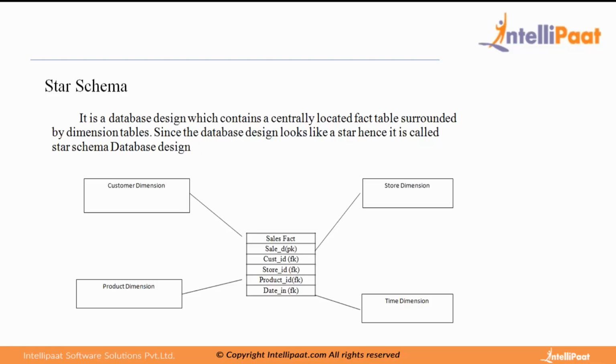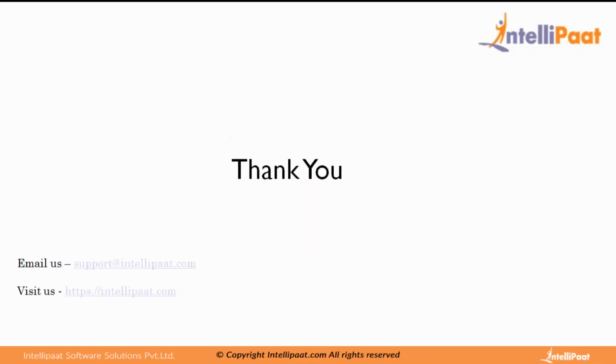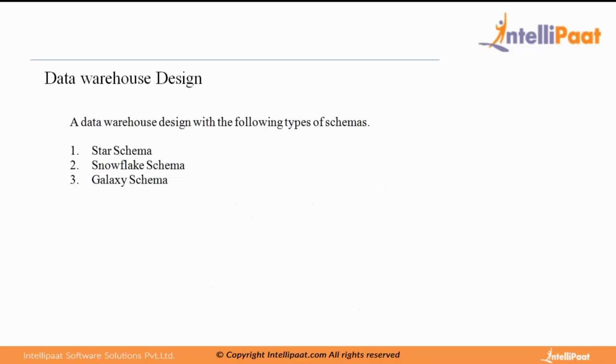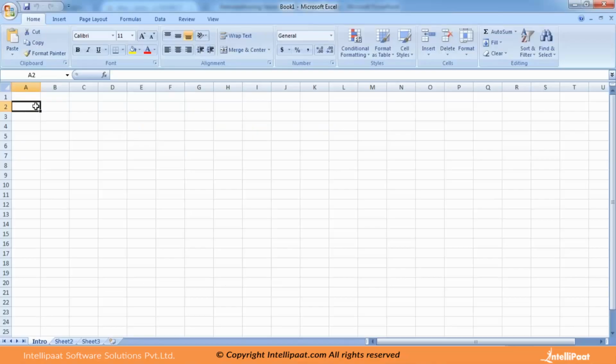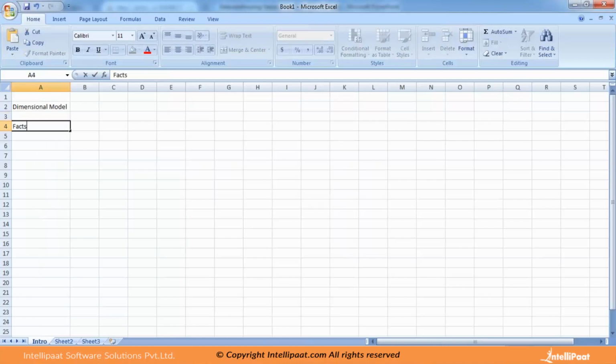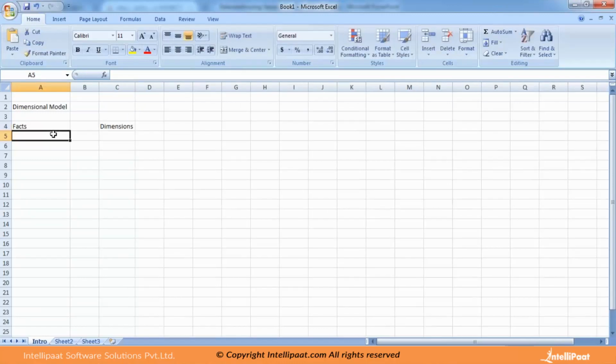Before going into the types of schemas, we should know what fact and dimension mean. Then I am coming to the schema part. First, we will be discussing what is a fact and what is a dimension. I think that's there in the next PPT. Okay, let me first talk about the schema, then I'm going back to that discussion as well. In a dimensional model, we have facts and we have dimensions. Okay, now what's a fact and what's a dimension?